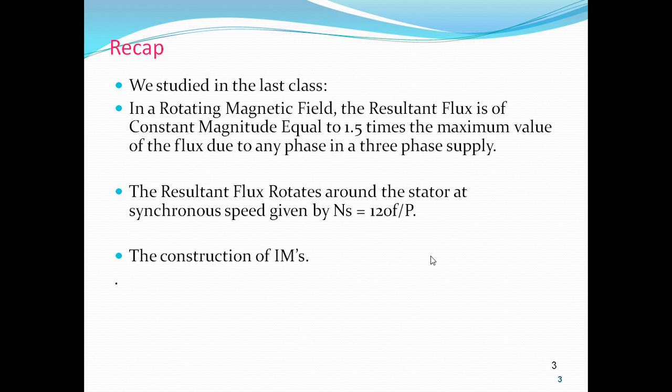What is the meaning of depending on heat? Heat is in the form of losses. That means for a small motor, fewer losses will be there and the heat produced is less. For a large machine, that is a higher rating machine, it carries a large value of current, then the losses produced are also large and the heat produced is also high. So the insulation is designed such that it can bear this heat.